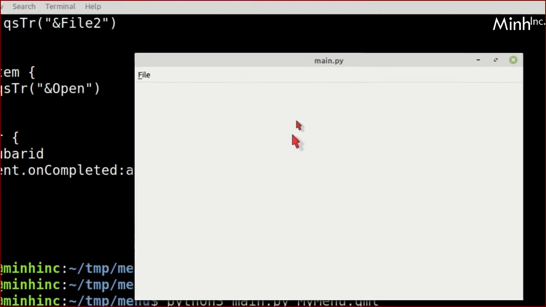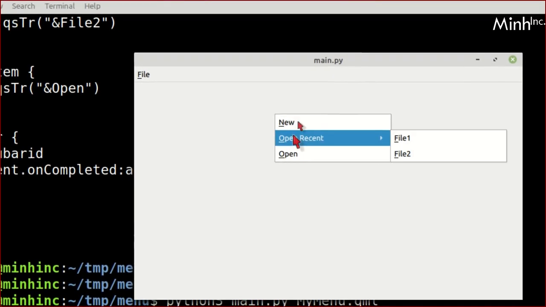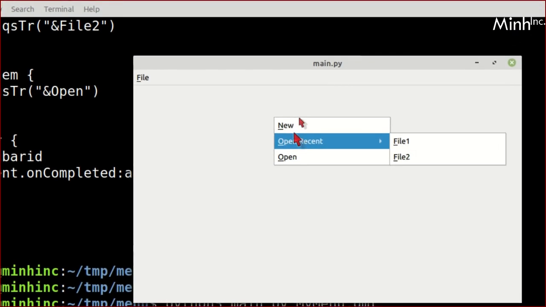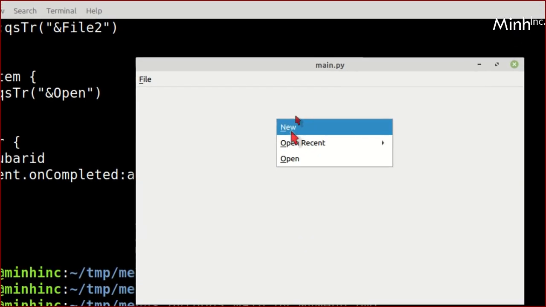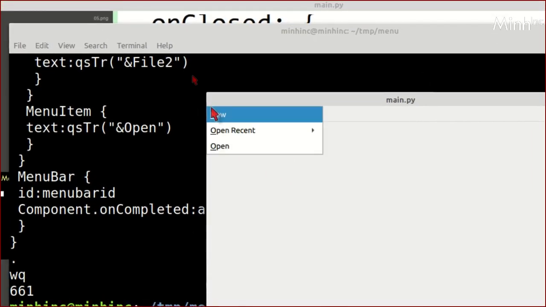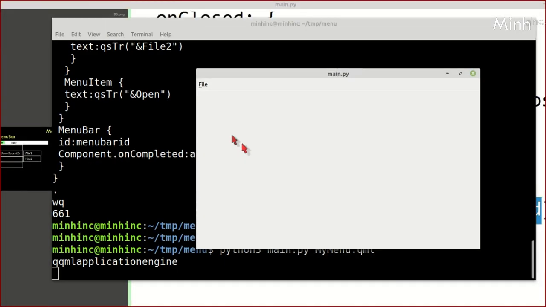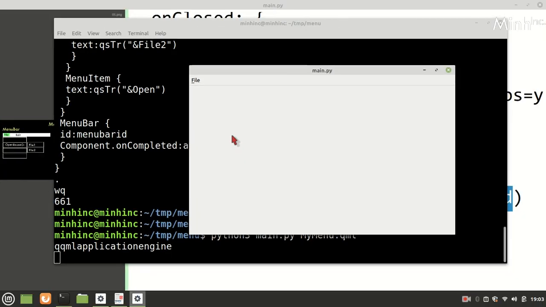Now I am going to right click over it. The menu comes. Same menu, both locations. If I change the menu, it will change at both locations. So that is the design. Now if I click here, it will come here. This is the idea behind introducing Xpos and YPOS.